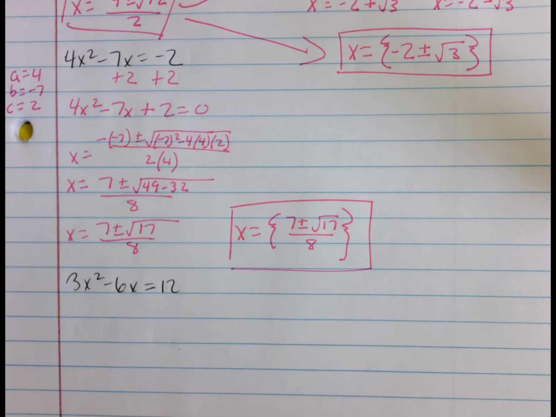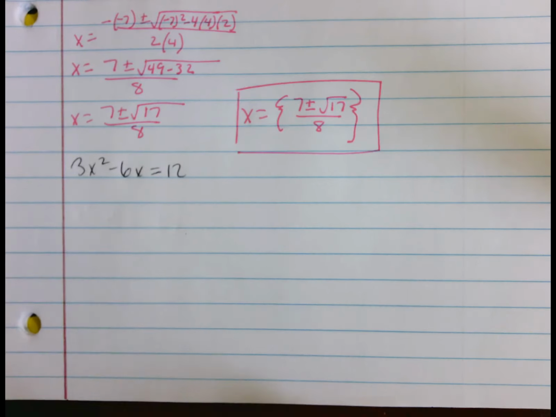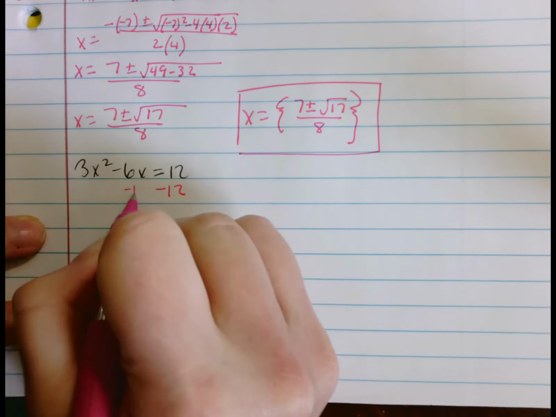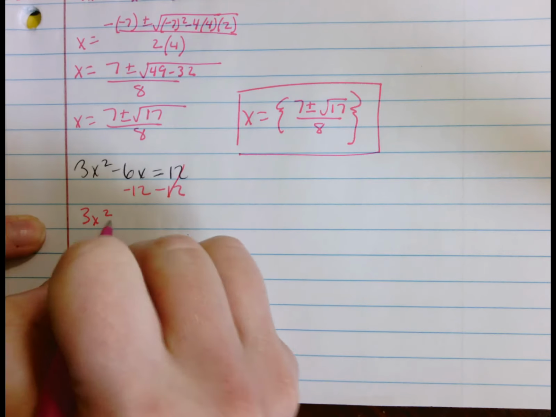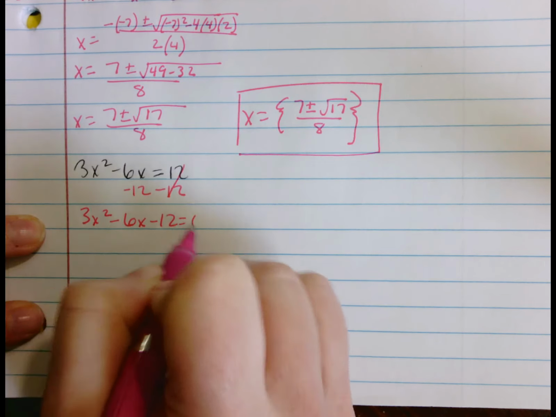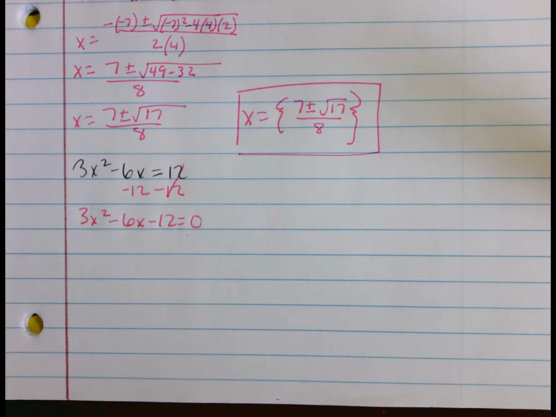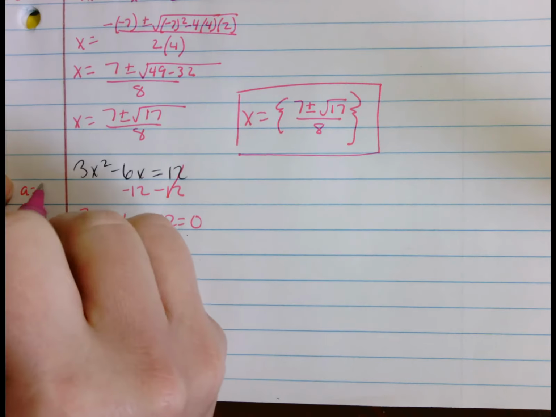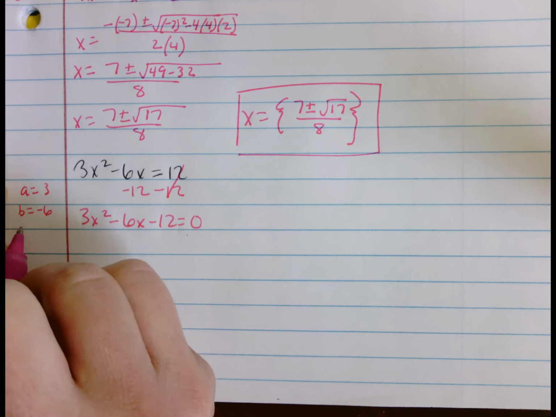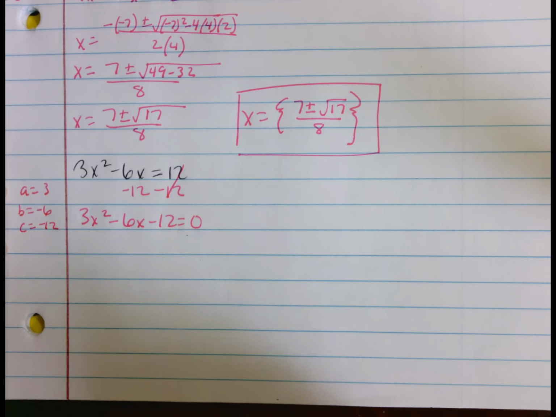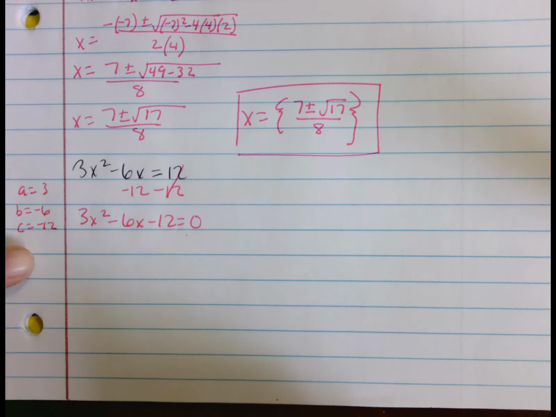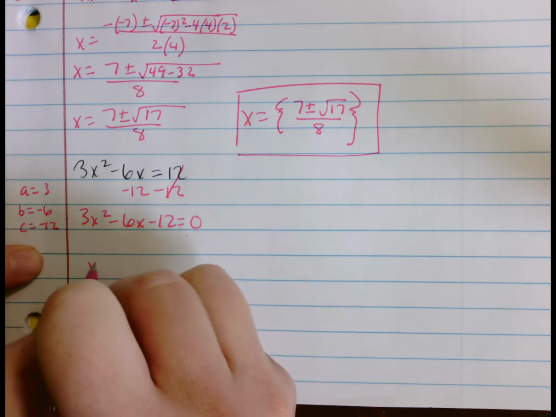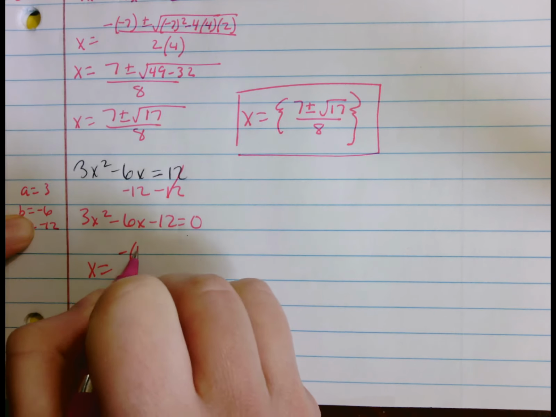Alright, one last example I want to do with you just so that we have a chance to do one more together. 3x squared minus 6x is equal to 12. We're going to move this over so that we have 3x squared minus 6x minus 12 is equal to 0. Okay. Now if we were doing the factoring method, we would go ahead and factor out that greatest common factor of 3, but since we're not, we can just use what we've got. So a is 3, b is negative 6, and c is negative 12, and that is what I'm going to plug into our formula. So we have the negative 6